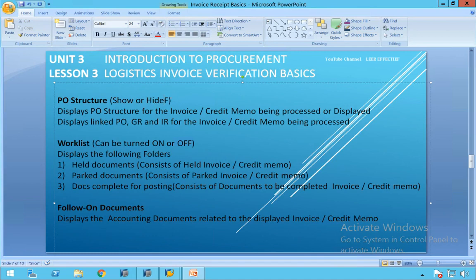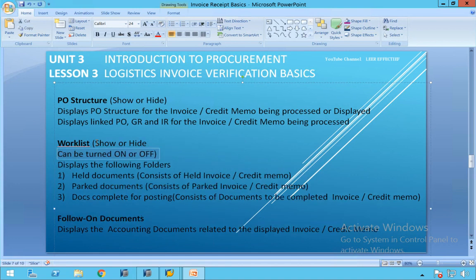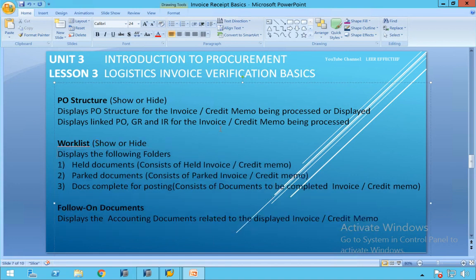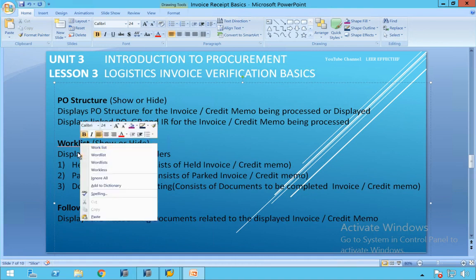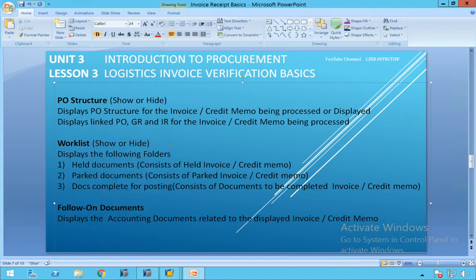We'll use the exact terminology that SAP says, correct? So work list also show or hide. SAP has represented it like that. All right.